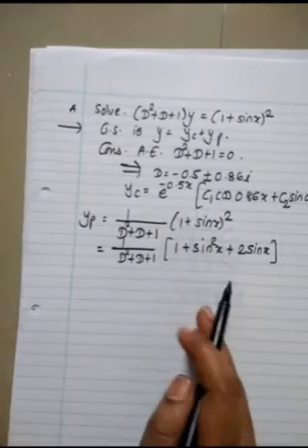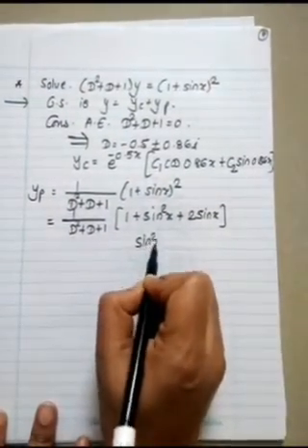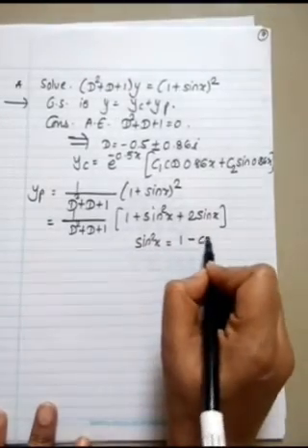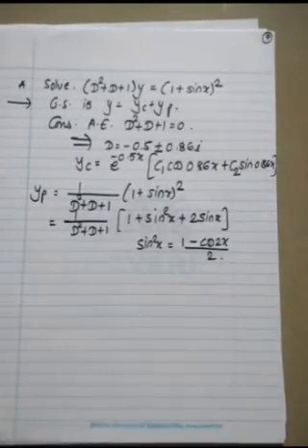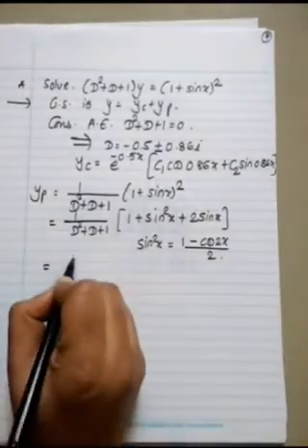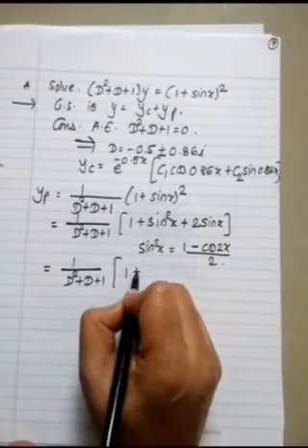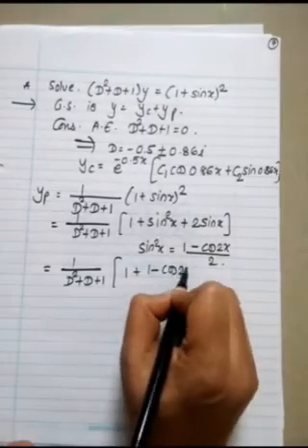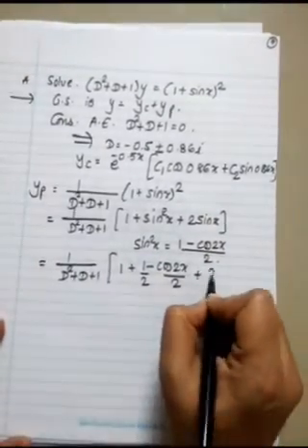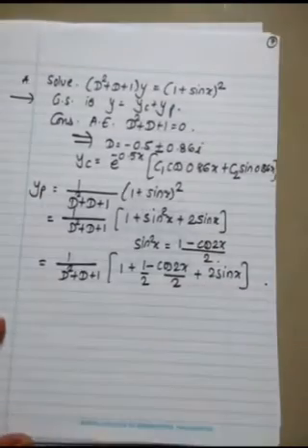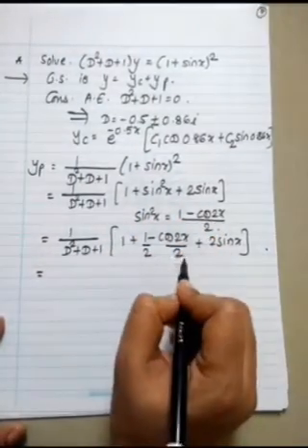So we have a formula where sin square gets converted into a simpler form. What is that formula? Sin square x is 1 minus cos 2x by 2. So our job here is to simplify this to something we can solve. So 1 plus (1 minus cos 2x by 2), by 2 and by 2 separately, plus 2 sin x. Just for that sin square x I have written 1 by 2 minus cos 2x by 2.